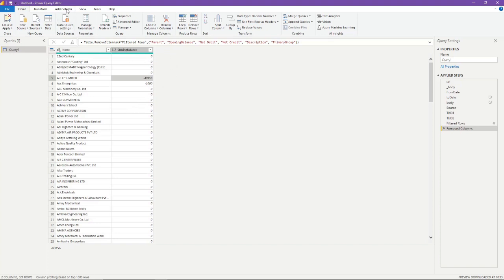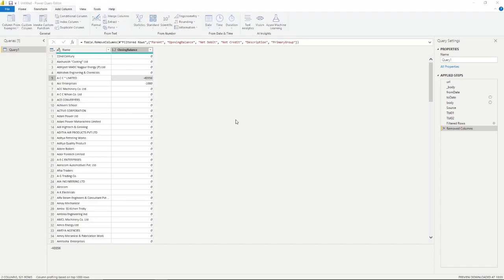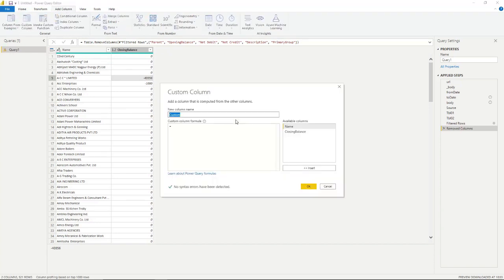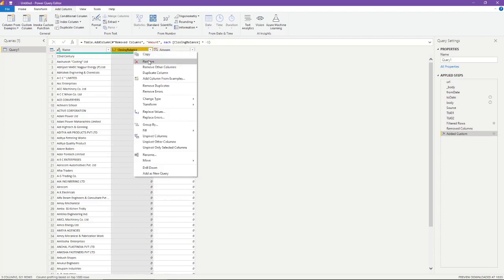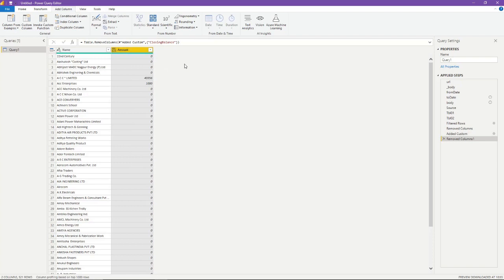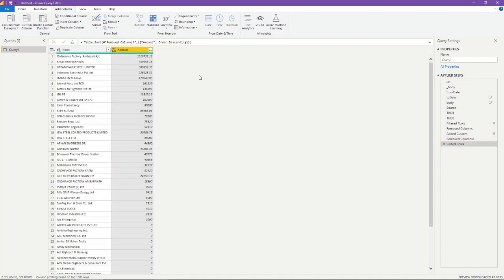What I will do, I will add one more column, custom column, and let us call this column Amount, and Amount is equal to closing balance into -1 so that we convert those negative balances to positive. So now we don't require this closing balance column. So I will right click and remove this too, and let us sort this descending, so we have the receivables from highest to lowest.